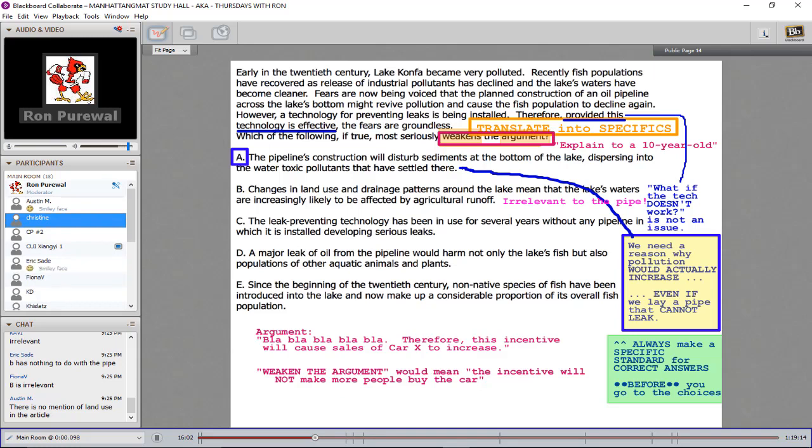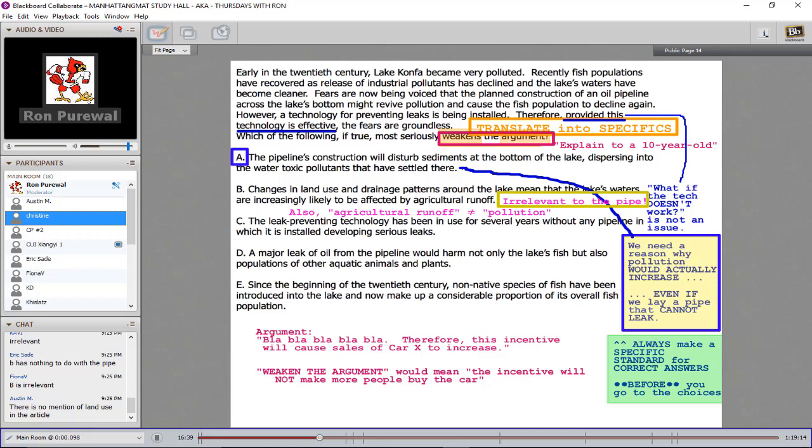And then on top of that, the argument is about pollution, and they do use the word pollution specifically, and this is agricultural runoff. We don't really know if agricultural runoff is the same type of pollution. It doesn't sound like a great thing, but it's also not the issue that we are discussing here. It's not the same thing. It's industrial pollution. But past this point, there's no point in even thinking about it because it's not about the pipe. And the whole issue here is, should we lay a pipe down?